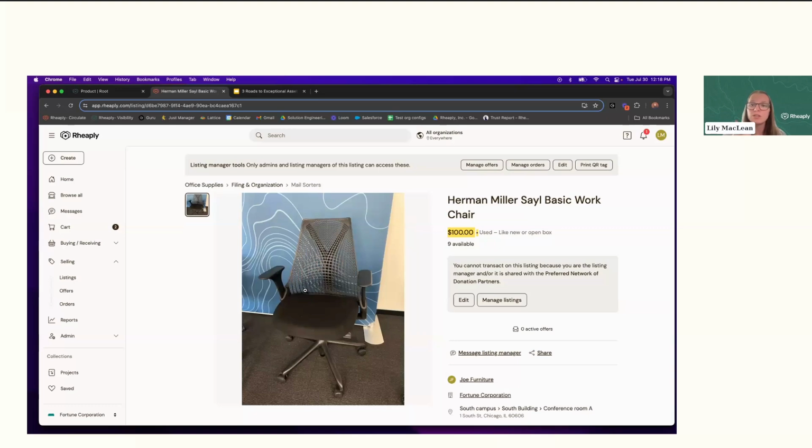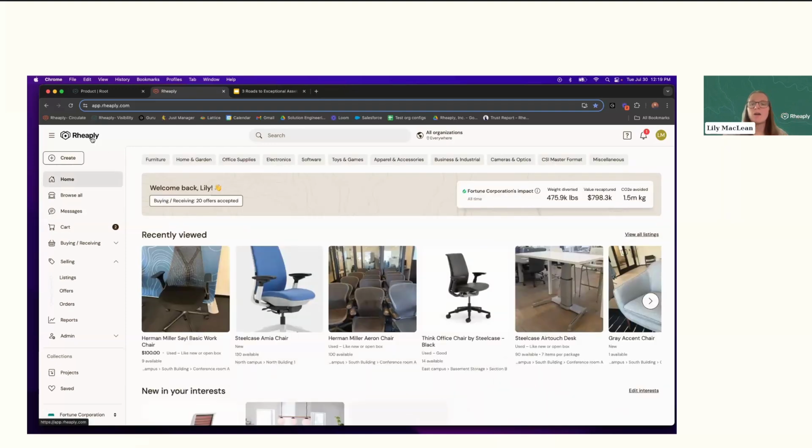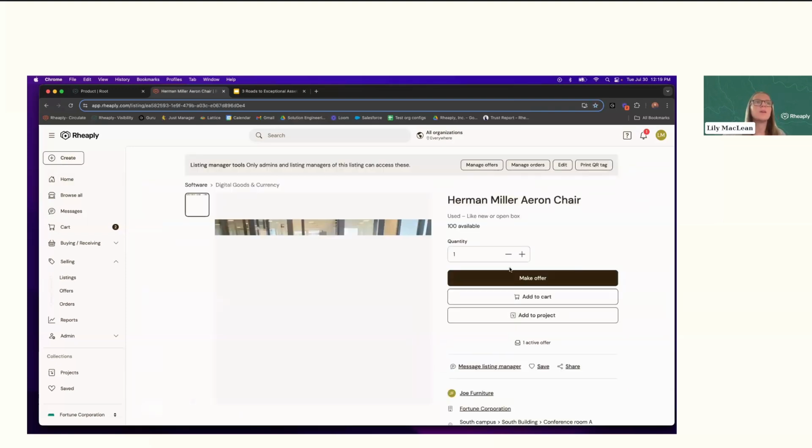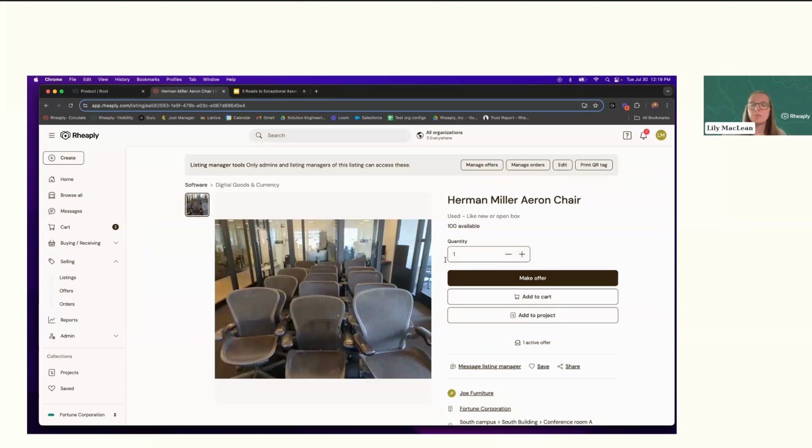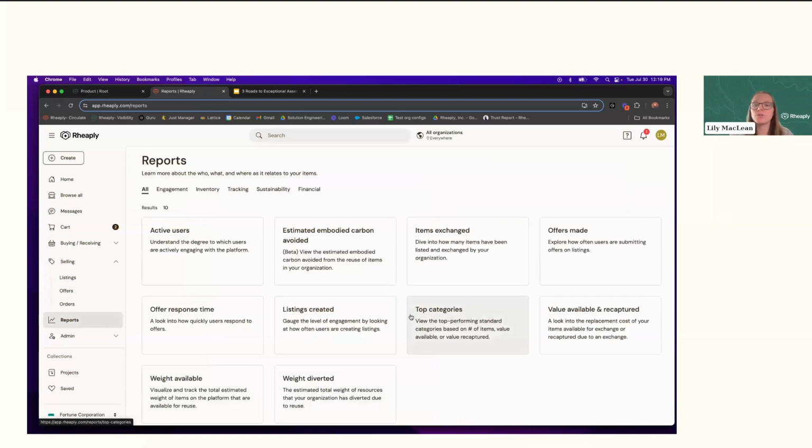So our platform fully supports payments. Our platform also supports free donations. In both instances, those partners are going to have the same shopping experience, only their view of the platform is just what's available for them as a connected partner to our enterprise or other clients. So they come in here, they see what's available, and they make an offer for what's available. Once that happens and those offers are accepted, whether it's for a price or for donation, you're still going to get that digital receipt. You're still going to get a view of where those items went. And ultimately, every transaction also filters into our reporting.